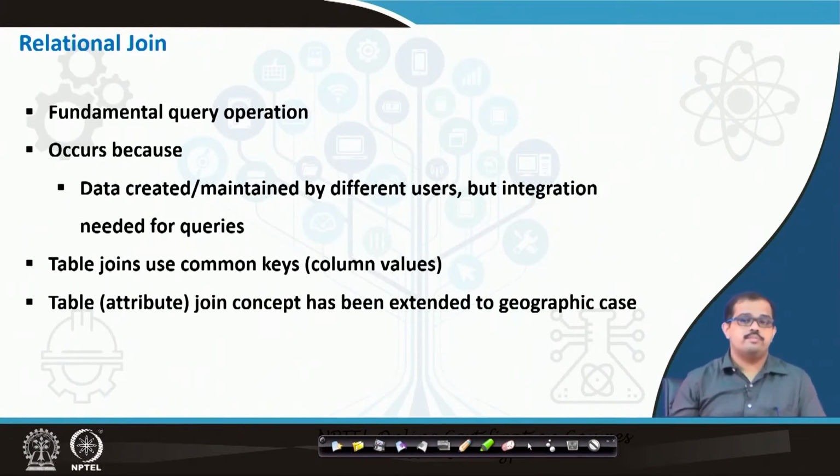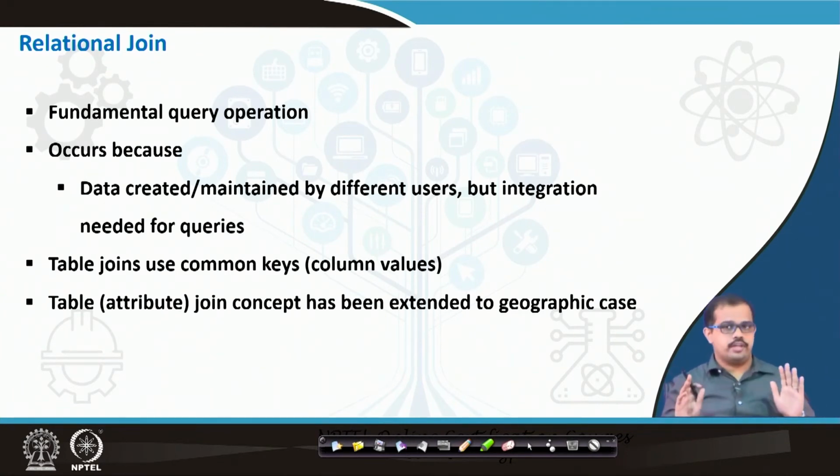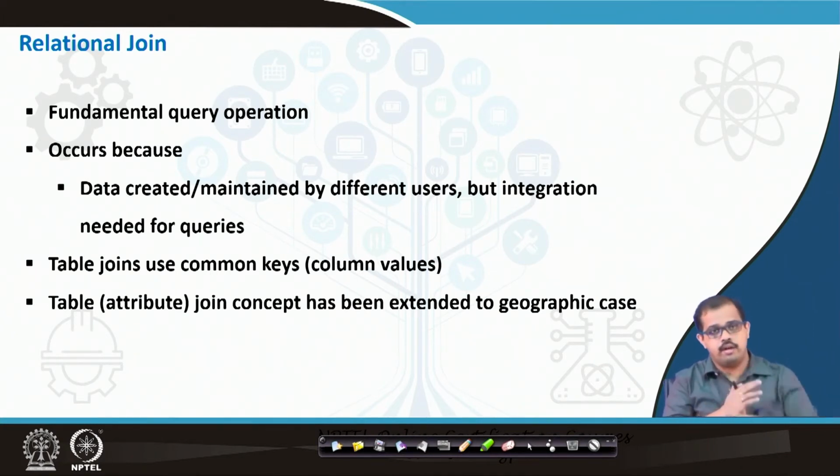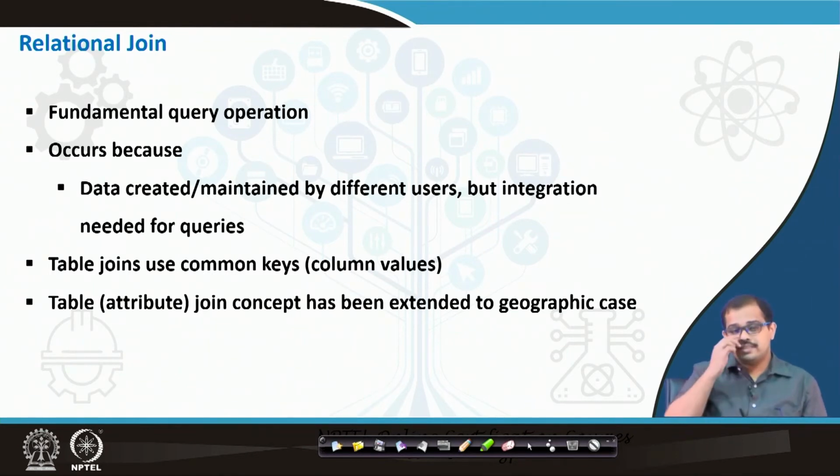Then there is a concept of relational join. When I say relational join, it is a fundamental query operation. So, you are querying in terms of joining. Let us simply think about join. What does join mean? If I have to join two things, it means that I am trying to build a relationship between these two things, right? So, I am querying where I have to join, whether at the end or at a particular point. Which means that I am trying to query a particular entity.